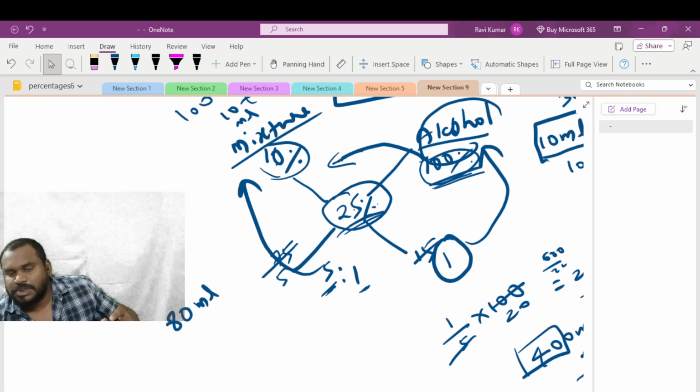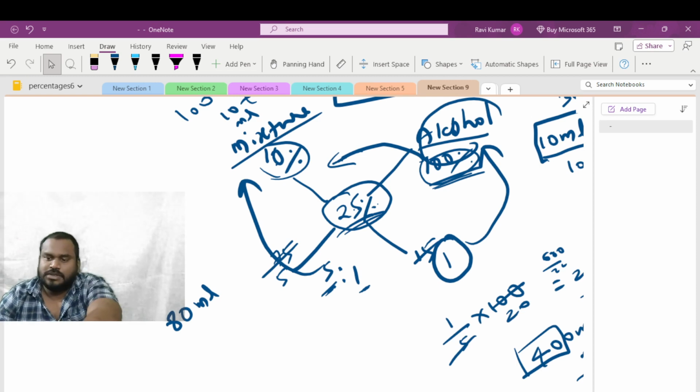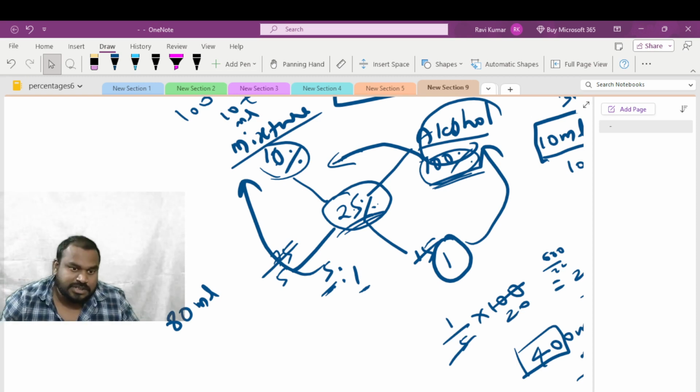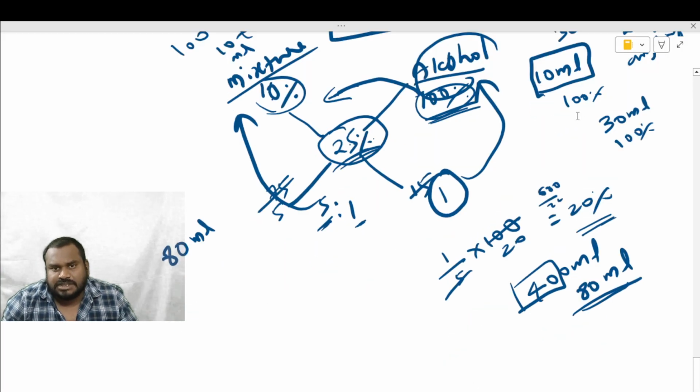See how much percentage of alcohol is to be added? The mixture needs pure alcohol. It means 20%. And in ml, you can say 80 ml. Then I'll prove it. So sometimes a question may be asked like this: how much